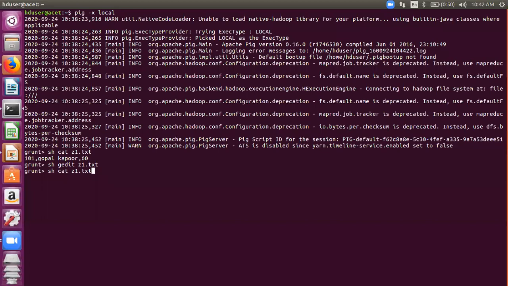Let me display this file for you. The 3 records are displayed. Now I want to load this file. I want to analyze this file using the Pig operators, using the concept of Pig Latin, right? So the first thing I need to do is open this file and connect it with some relation name, some relation alias. So I write A equals load and then the name of the file, and end it with a semicolon. I'm going to load this file z1.txt for analysis, and I'm storing it in a relation name A. A is a relation name here.